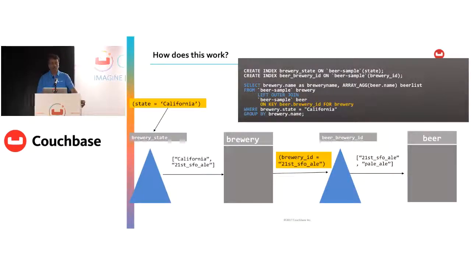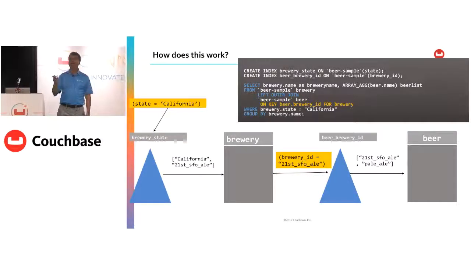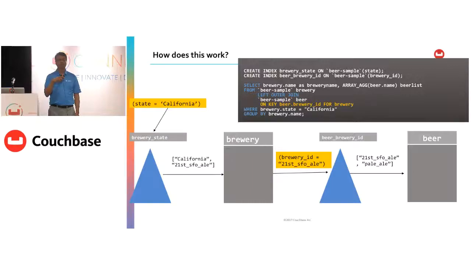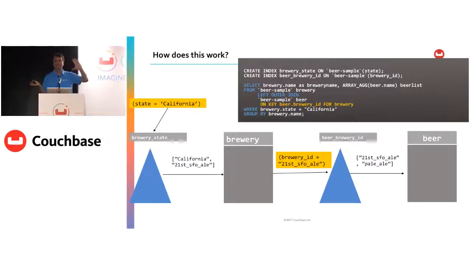We also have not only that, you can represent both parent-to-child and child-to-parent relationships. That means if you start with a child which has a pointer to the parent, say orders, which has a pointer to the customer: orders join customer on keys orders.customerID. If you choose to have the child document IDs in the parent, you can start with the parent. In this case, I'm starting with